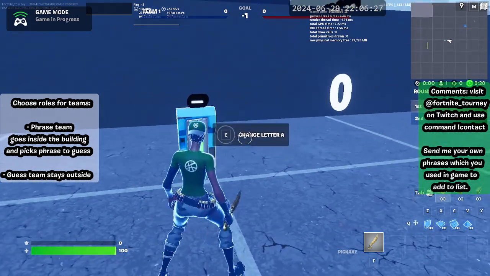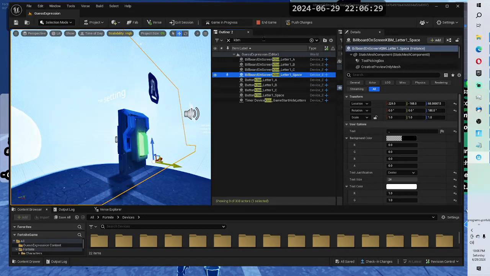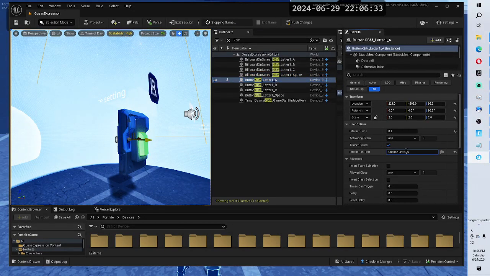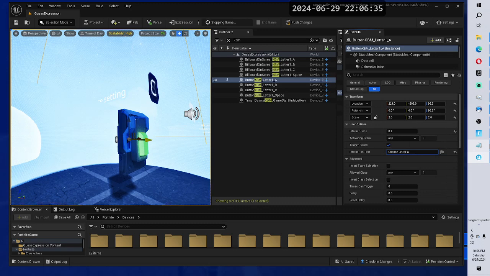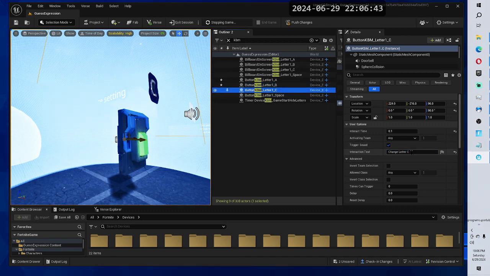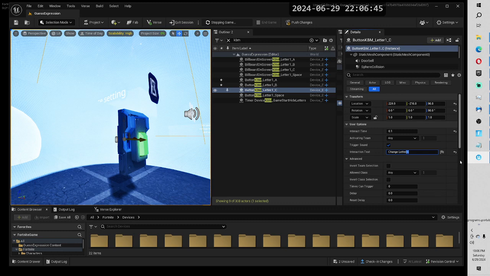And there's one more thing that needs to be done to make it look nice. These buttons, there's multiple of them, just make sure that it's the same text. So instead of change letter A, just change letter, change letter B, and you can do the entire alphabet going in a circle, and you can make